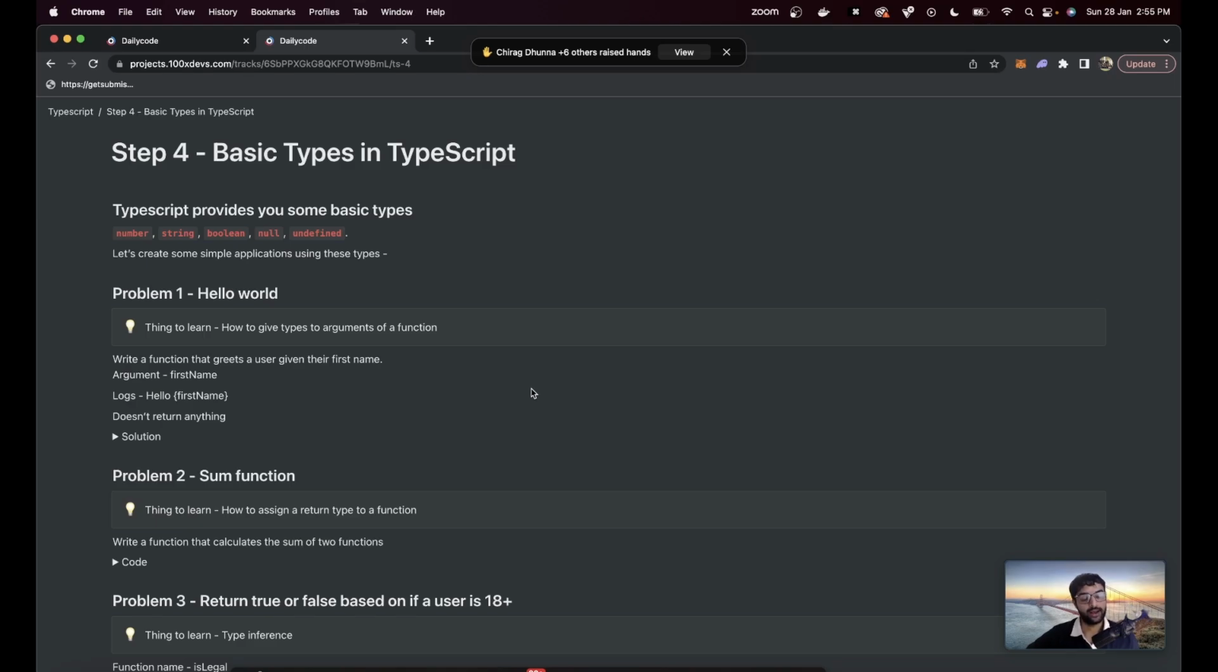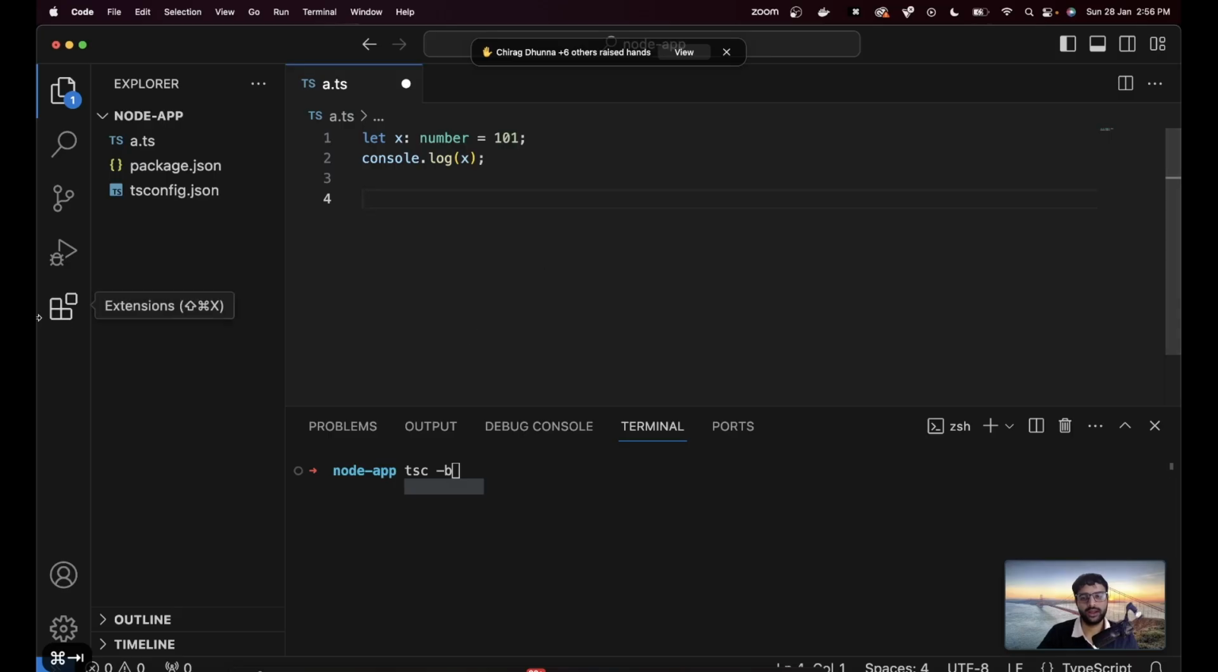Now, I would urge you to write a function where the function's arguments need to have types. Write a function that greets a user given their first name. Argument, there's this one argument called first name. It should log hello first name on the screen and should not return anything. Try to write this code, maybe even without TypeScript. Just write a simple function in your a.ts file